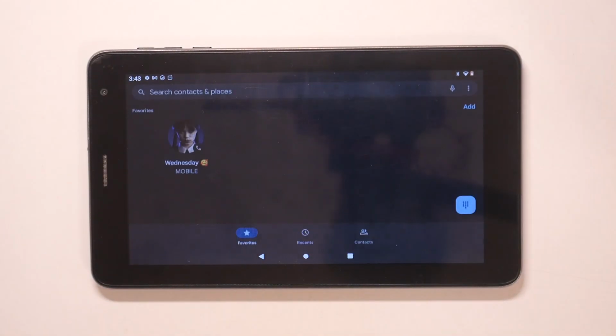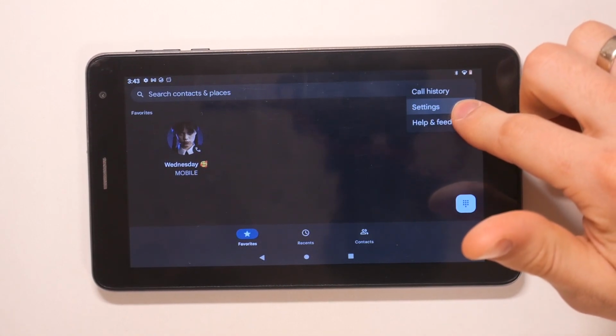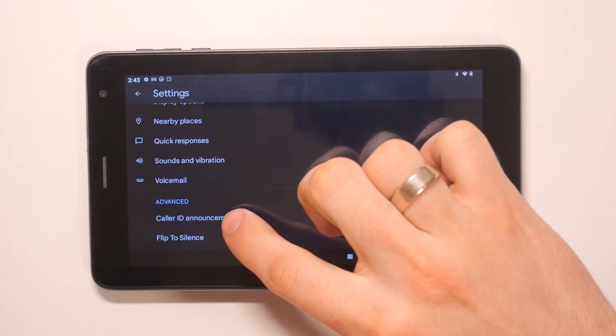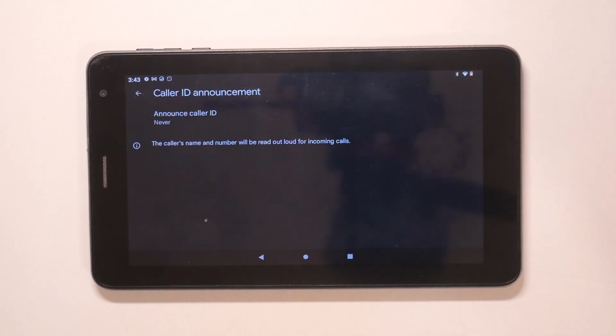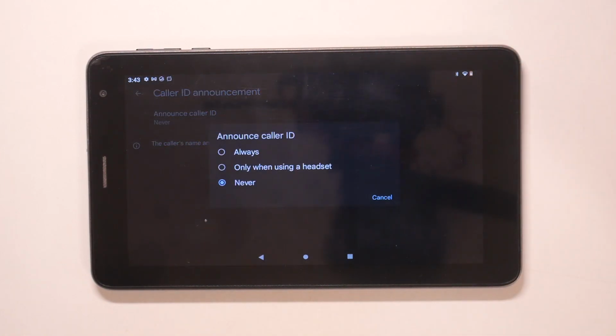So to do it, just open the phone application, click on the three dots button in the top right corner of your screen and click settings. Here, scroll down, find caller ID announcement, click on it, and now just choose another caller ID and choose one